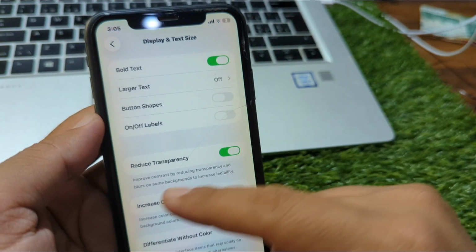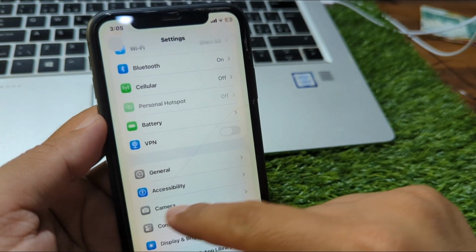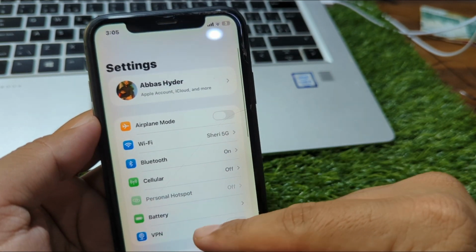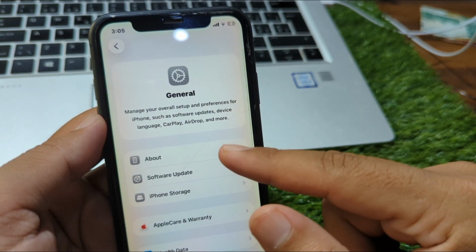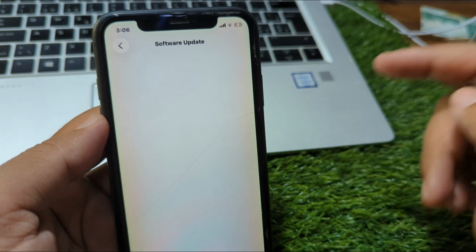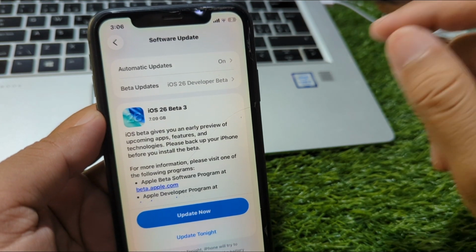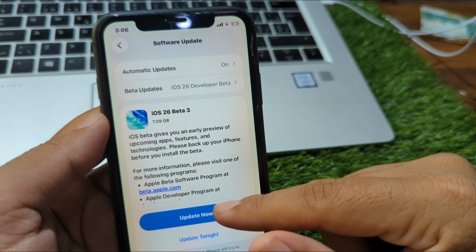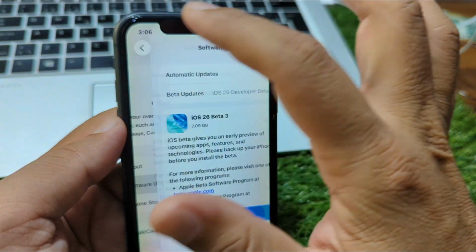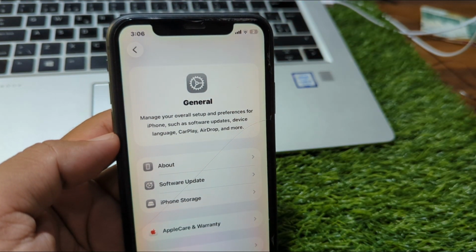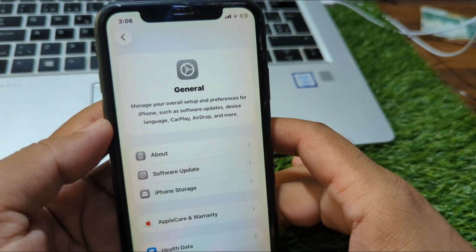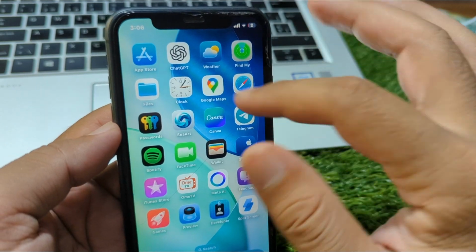So guys, first of all, open settings on your device, and then go to general settings, and then go to software update and check if there is any beta update available for you. Then you have to simply update it, and after this restart your device and check if the problem is fixed or not. And if the problem is still there, then you have to simply go back and open your app store,